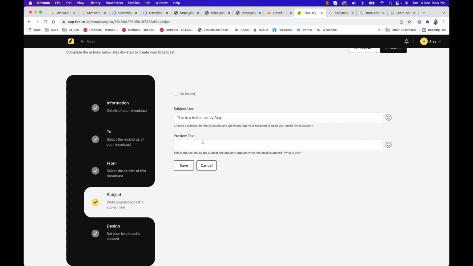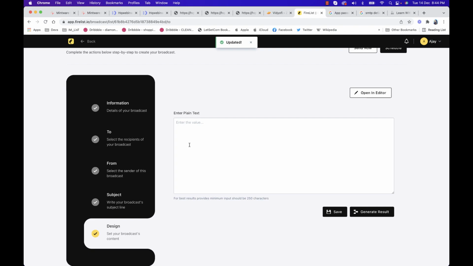Okay, let's say this preview text. This is just a test mail, right? This is the preview text which just displays under the email. Now you are here, you can actually use AI. So let's say if you want to write something about, I always give an example about Yoda. That is my favorite character. So Yoda is, let's search about Yoda a bit.